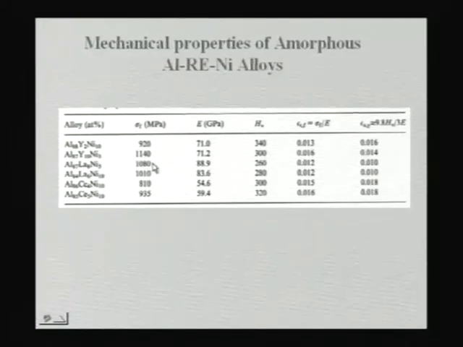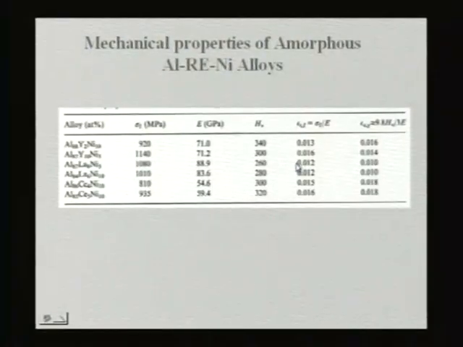I will also show you some more comparisons with the commercial alloys, where you can see very easily the difference between these alloys. But one problem is, you can see the ductility is still not very good. About 1.5%, 1.6%, 1 to about 2% is the ductility. So that's one of the drawbacks. So one cannot really use them in tensile conditions. Wherever you need a good compressive strength, probably you can easily use it, but the uniaxial elongation is not very high.